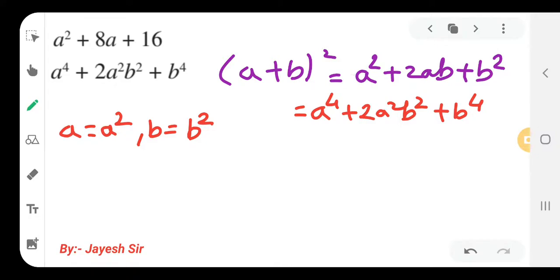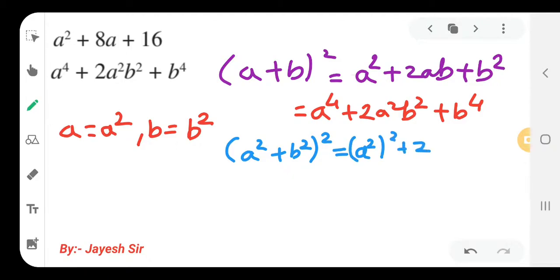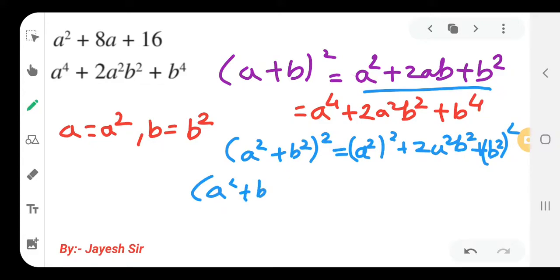Yes, now we will substitute the values of a and b in the given equation and let us see what is there. So (a square plus b square) whole raised to 2 we can write. So here it is a square whole square, plus 2. The value of a is as per this, we have to do as per this, not per our equation. Now the value of a is a square, the value of b is b square, plus b square whole raised to 2, which could be further written as (a square plus b square) whole raised to 2.